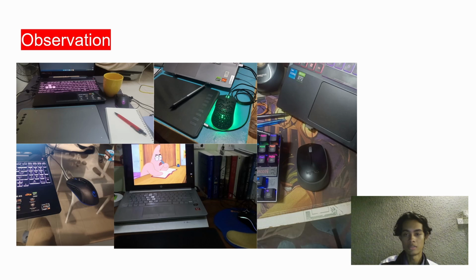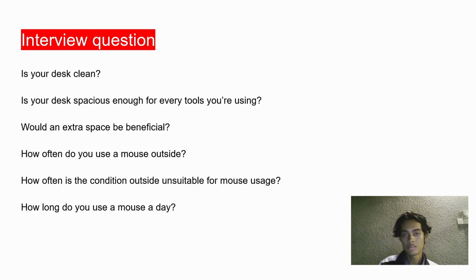This is a picture from my observation. As you can see, on a cluttered desk, it is very hard to use a mouse. And on one of the desks, which is a glass desk, the mouse doesn't work at all because the laser cannot work. In this task proposal, I have interviewed 3 digital artists to find out whether or not they are